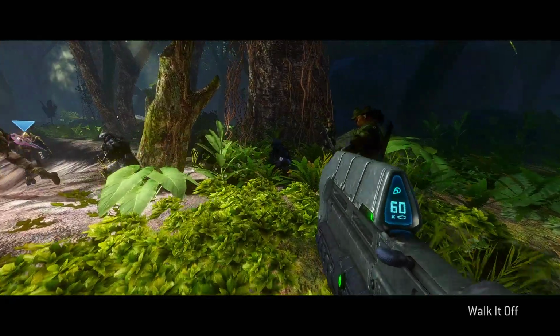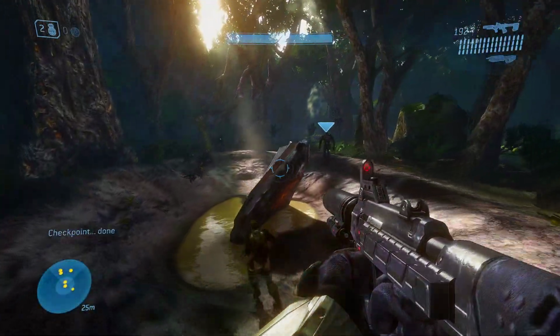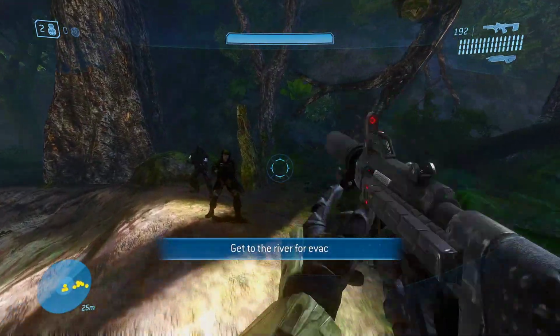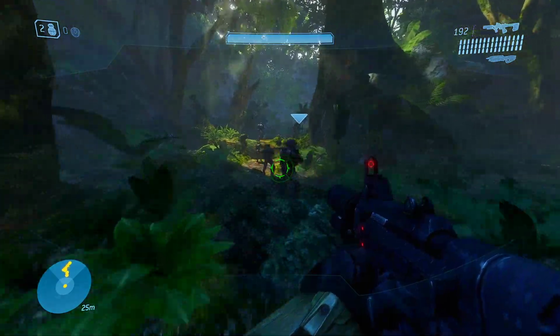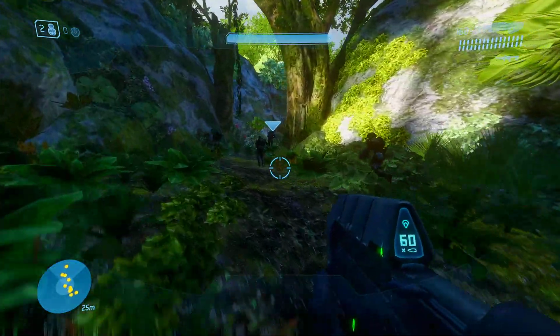So we've got a bunch of ODSTs we've added to this level, along with Marines we've added to this level. We've got a good variety of guns. Most have assault rifles, but some have the suppressed submachine gun. Some have battle rifles. Most important thing, really, as far as these guys go in this Bravo sequence, is that you